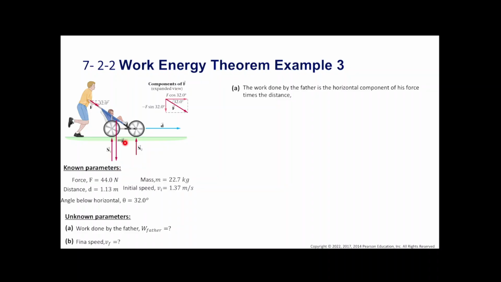Now from the sketch we see that the normal forces N1 and N2 and the weight mg are all in the vertical direction, and the motion is in the horizontal direction, so the angle is 90 degrees. Therefore all these three forces do not do any work because they are at right angles to the horizontal displacement. The force exerted by the father has a horizontal component that does positive work on the stroller. Therefore the total work is the work done by the father,